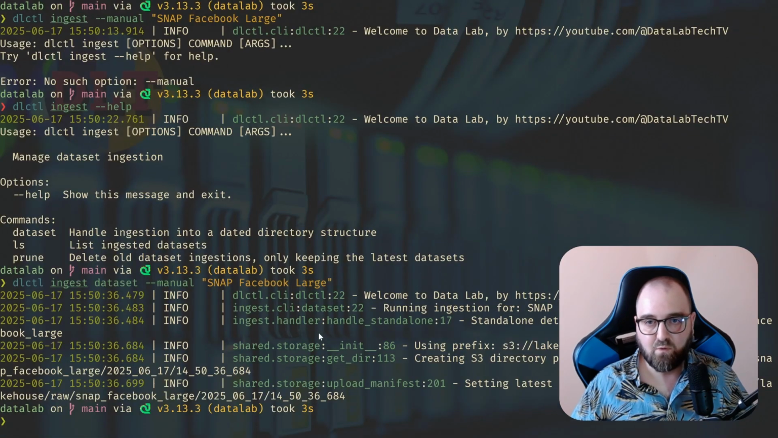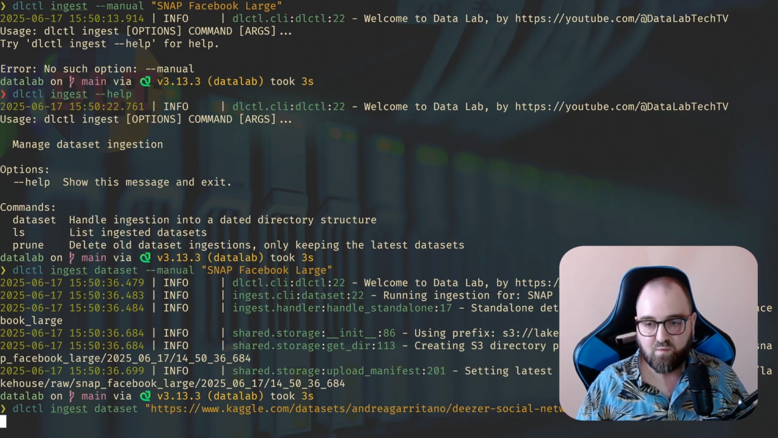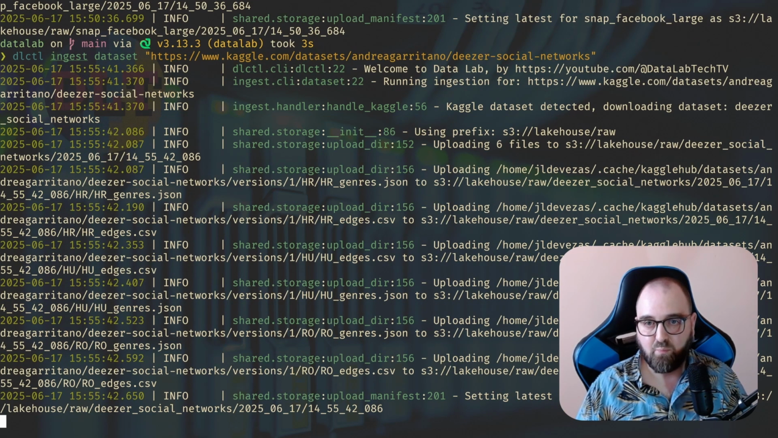Going back into the terminal, one dataset that we can ingest is this Kaggle dataset, and let me just copy this. By default, ingest dataset will take a URL. If this URL is from Kaggle or Hugging Face, it is able to handle these types of datasets. So let's ingest these social networks,